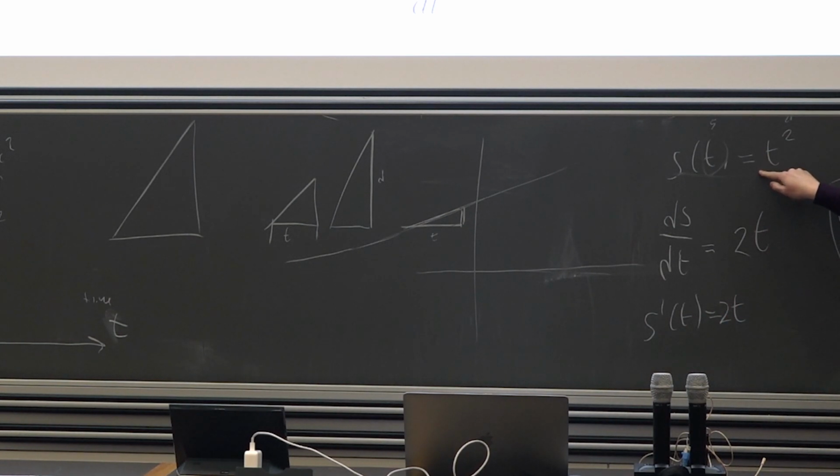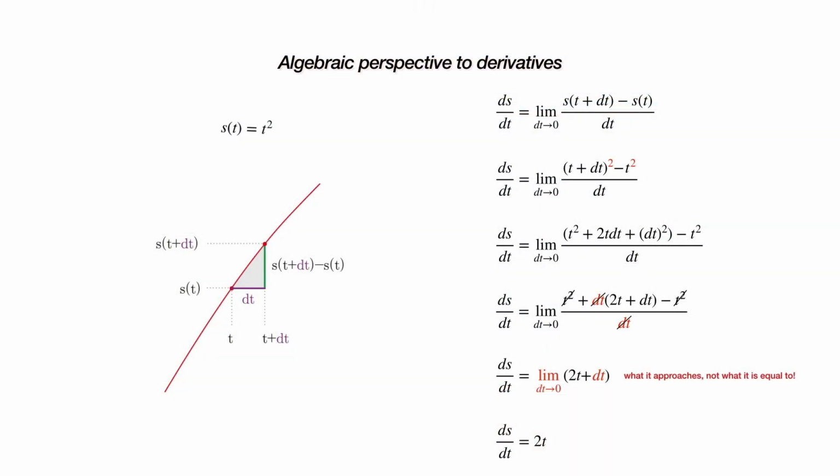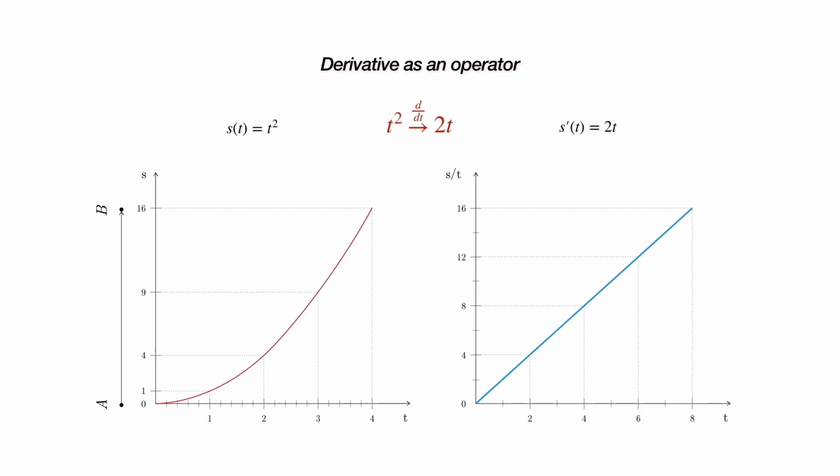Yeah? So this is a function. The input thing is a function. And the output thing is also a function. So the derivative maps one function to another function, which is the derivative of the input. Yeah? As I said, input, output. Input is the red one, output is the blue one. And the derivative is what maps the values.